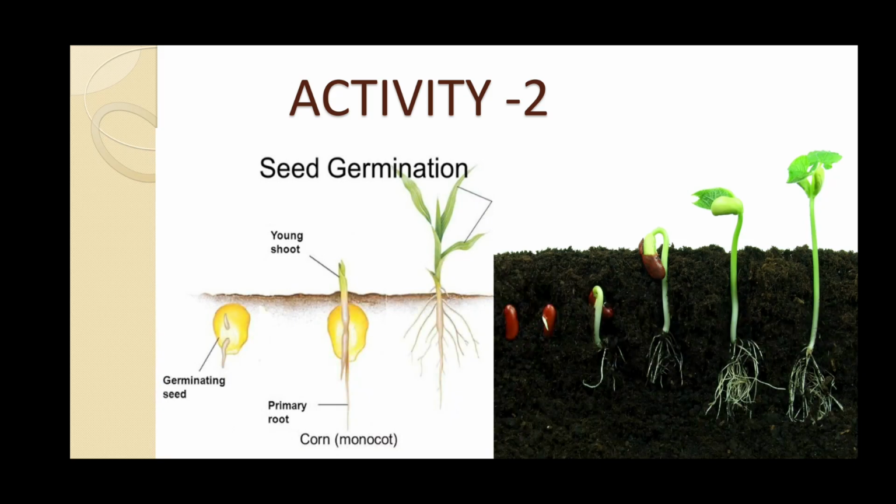Next, there is one more activity in your book, that you have to sow a few seeds of maize or pea or grasses, etc., in a pot and let them grow in that pot. When the seeds germinate after a few days, you will gently pull out those seedlings from the pot and you have to observe the root system of these seedlings carefully and note down this observation in your notebook.